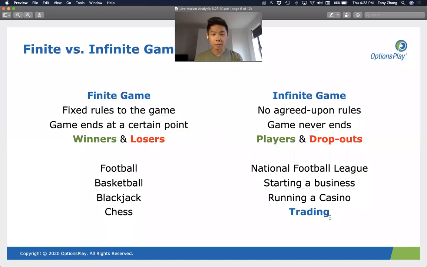So when you realize this, the reason that we bring this up is because I get a lot of questions from users asking me the same question. And that is, I put on a trade, the trade went against me. What can I do to turn this trade around and turn this losing trade into a winner? When I hear that question, what that reminds me of is someone who's too focused on winning, which means that they are playing what they think is a finite game, because they are thinking that if they win, they'll be able to be successful in trading.